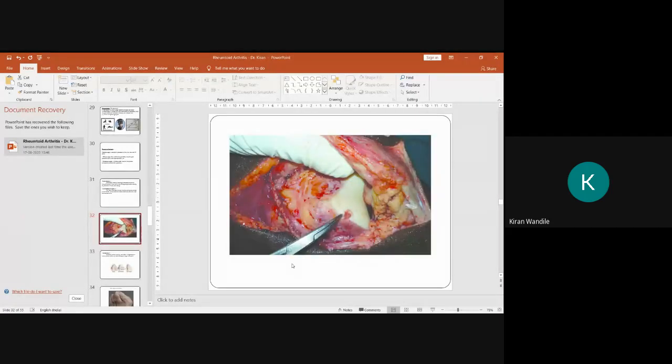You can see the red hypertrophied synovium, and you can see the subchondral bone damage due to this synovium, which is shown with the arrow portion. The subchondral bone is getting damaged due to this encroachment by the synovium, and the synovium has turned red and edematous, filled with fibrin exudates.